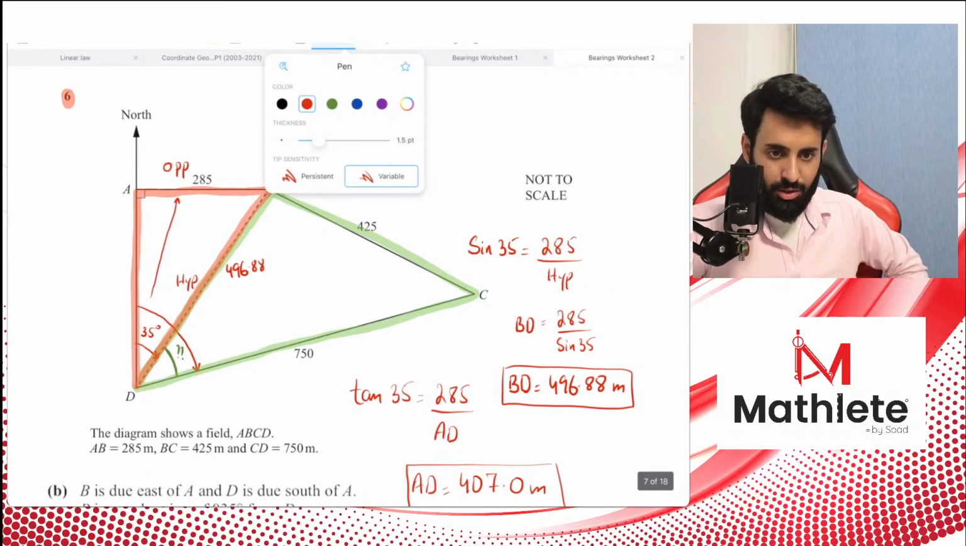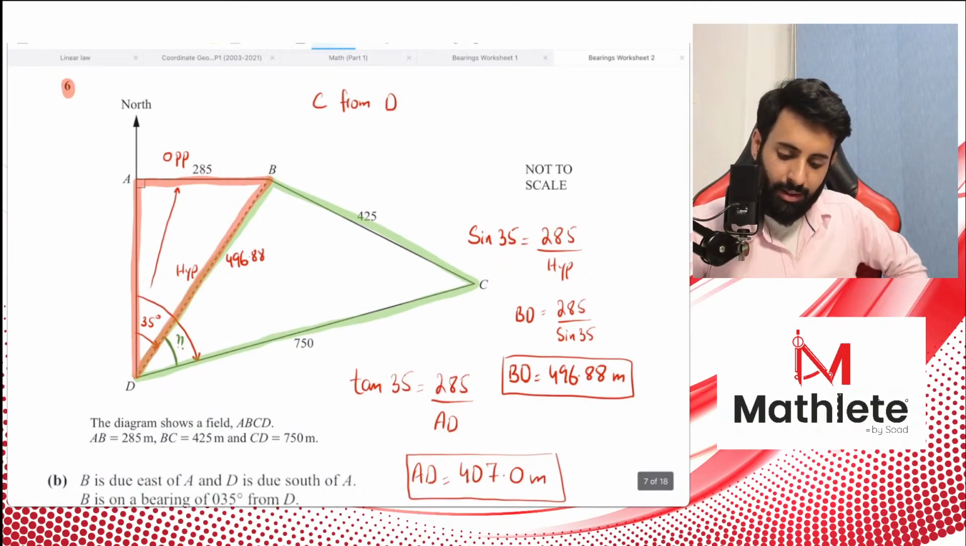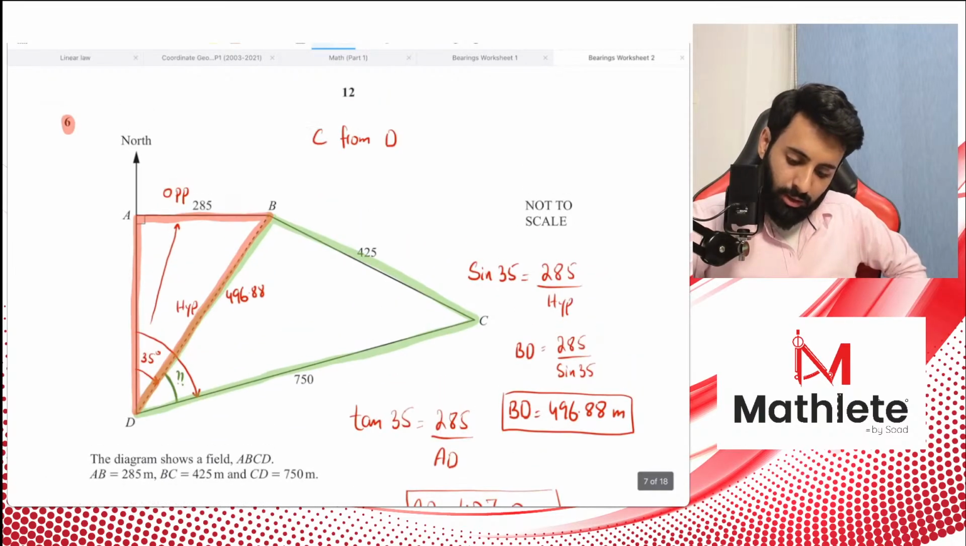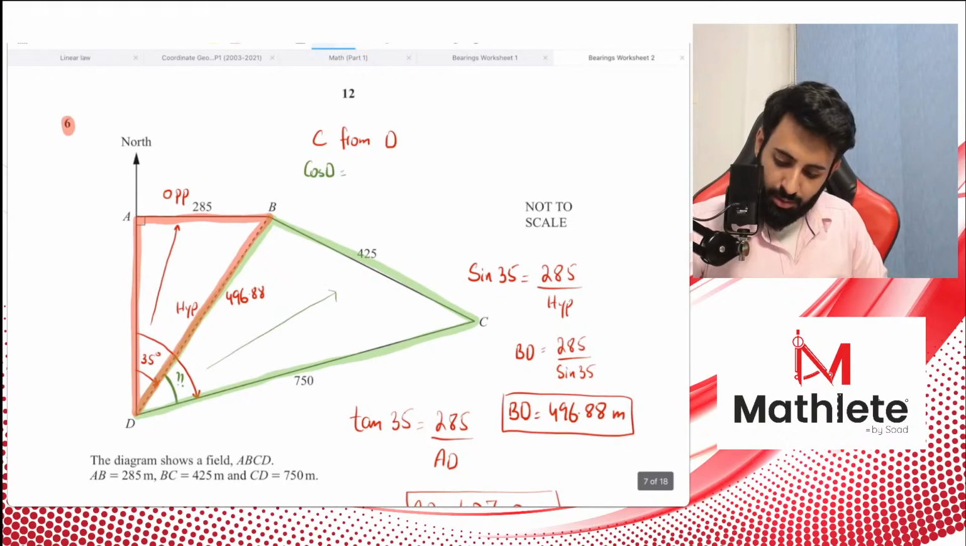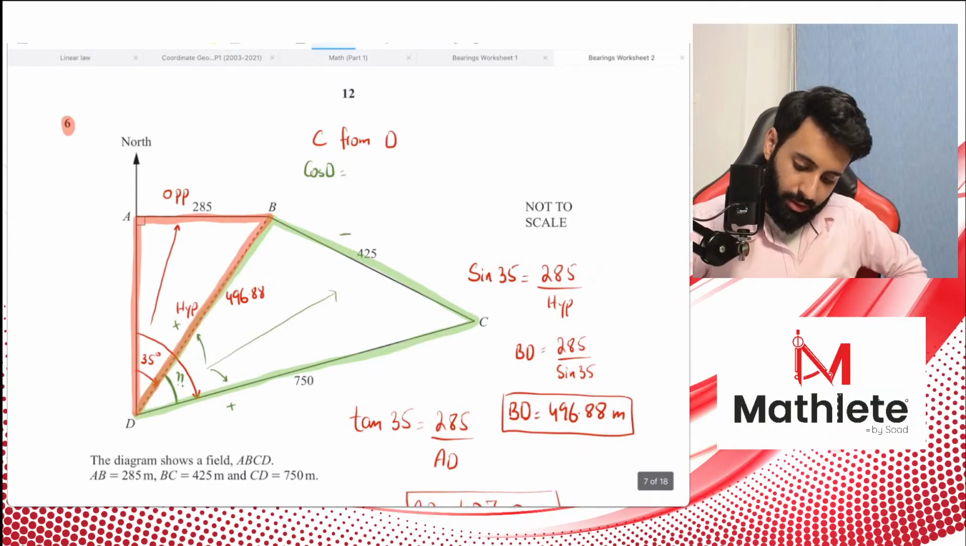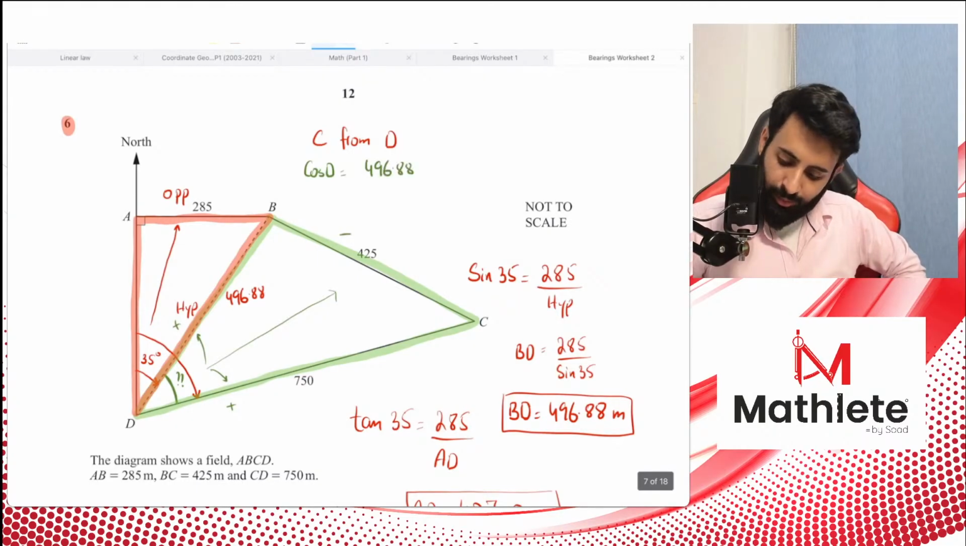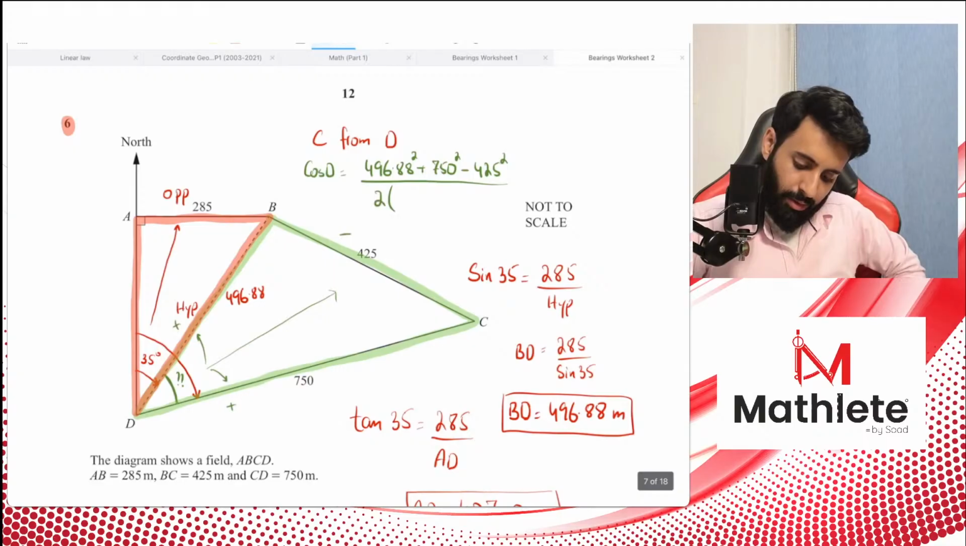Now we have enough information to find out angle D. Okay, and we're going to do just that. So cos D equals to, now remember, it's the side that's opposite that you subtract, the other two sides you add. Okay, so you do 496.88 squared plus 750 squared minus 425 squared, and the same two sides that you've added are the two sides that you multiply by 2. 496.88